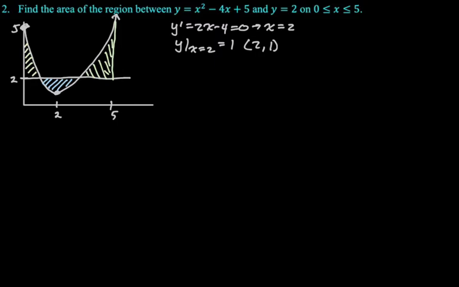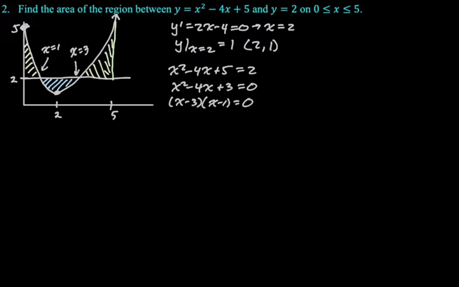I need to know the intersection points. So I'm going to set the two curves equal, move everything to one side, factor, and then find the zeros. The zeros are at 1 and at 3, so that's where these curves intersect. All right, so what are we going to do? I think what I'm going to do is a little bit weird. You can set up 3 definite integrals and just do the problem, which is maybe a more normal way to do it. What I'm going to do is find that purple plus yellow area, I guess,